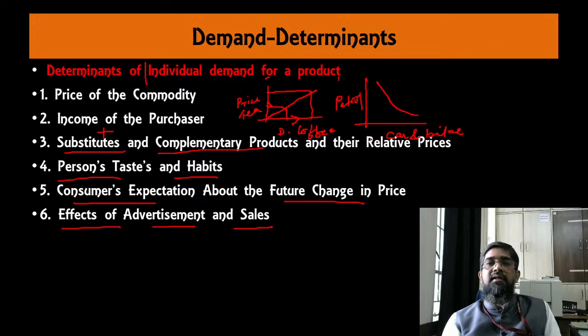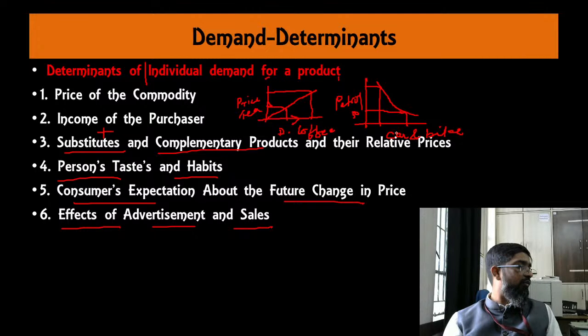you can see petrol price on y-axis, demand for car and bike. If petrol price increases too much, what will happen? If price is here very high, demand for car bikes will be less. If petrol price decreases very low, say 50 rupees per liter, you will see people start using bikes and cars more, or the demand for it will go up, right?